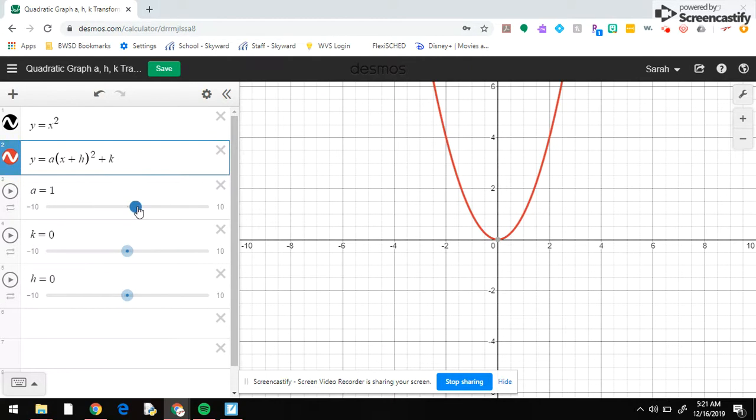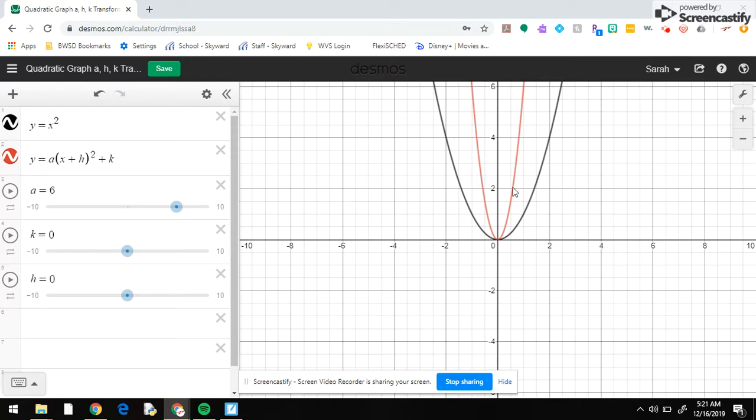And if we start to move a around, so say we make a 2 or 3 or 4, what we start to see is that that graph becomes skinnier and skinnier and skinnier. And what's really happening here is we're taking every single point of y equals x squared and we're multiplying it by 6. And what that does is it takes every single point and it stretches it up to be 6